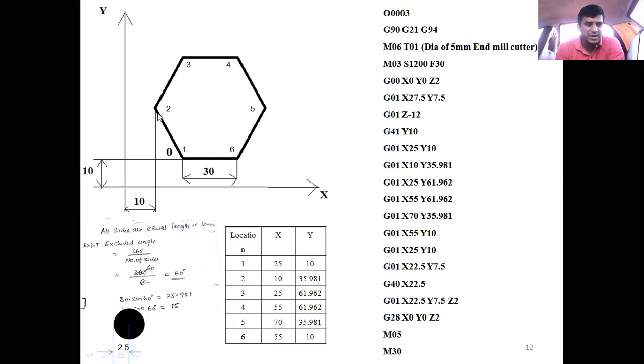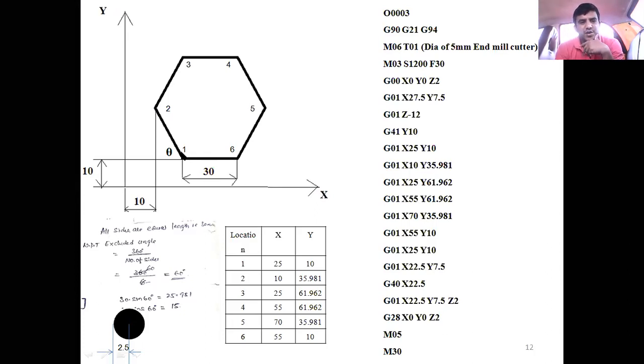From the extreme left corner of the geometry, here it is, you can see the cursor. From the extreme left corner of the geometry, leave 10 mm and draw a vertical line. The vertical line shows the y-axis. The intersection of the horizontal line and the vertical line is called the origin, X0, Y0, Z0. Once we fix the horizon, that is the third step. Right? Now what is the fourth step?